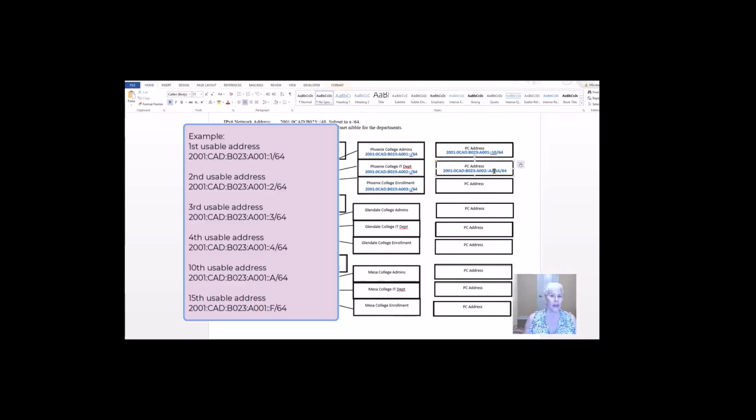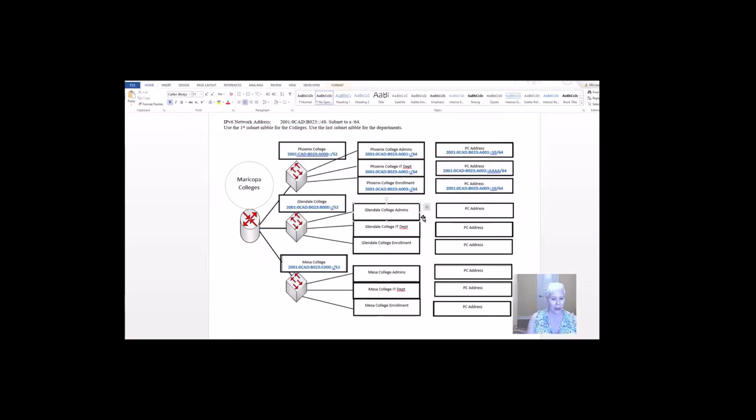So as long as it's a unique address, it'll go through. It'll be just fine. 2001:0CAD:B023:A003, because this PC belongs to the enrollment office, and I'll just say the 10 again. Okay. The last 64 bits are all the unique IPv6 addresses. It's the unique host portion.